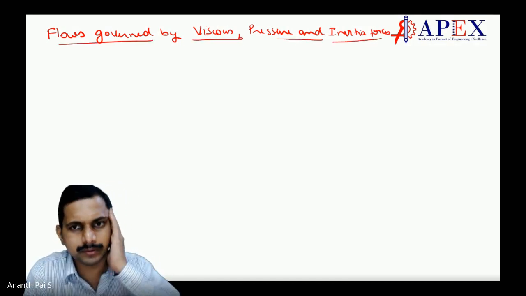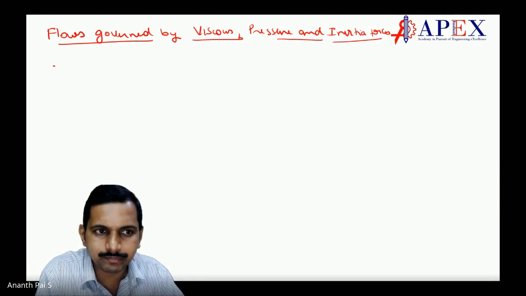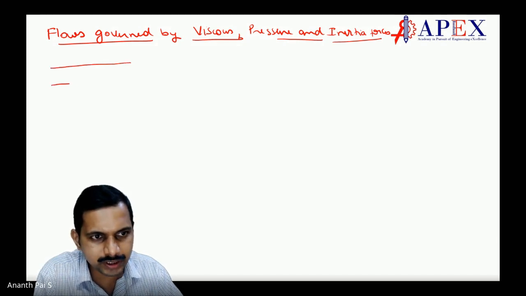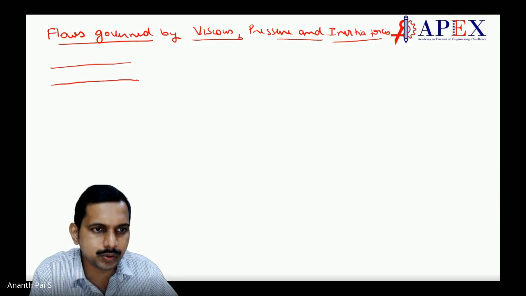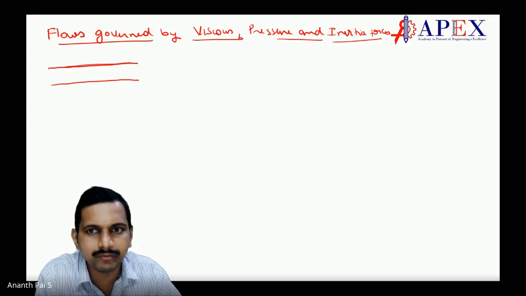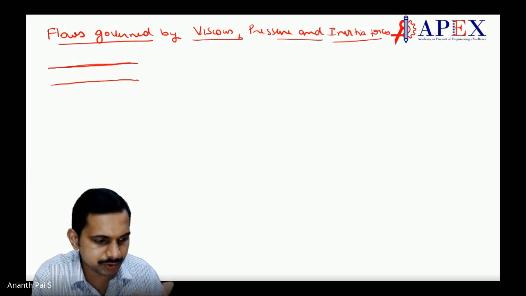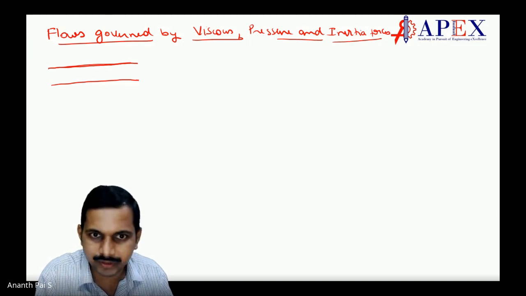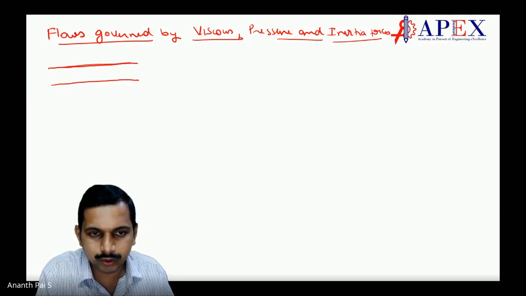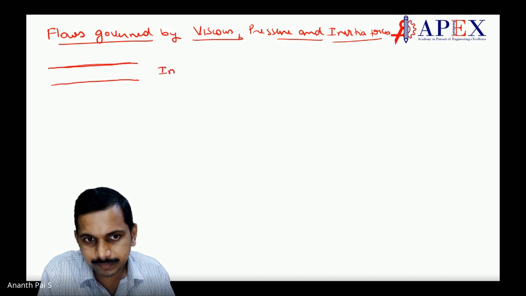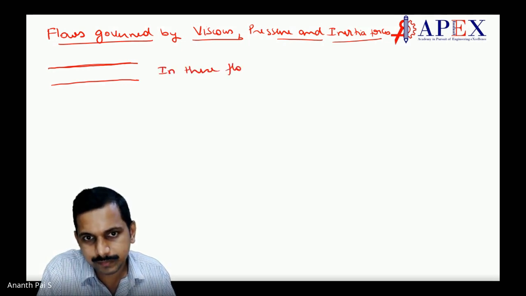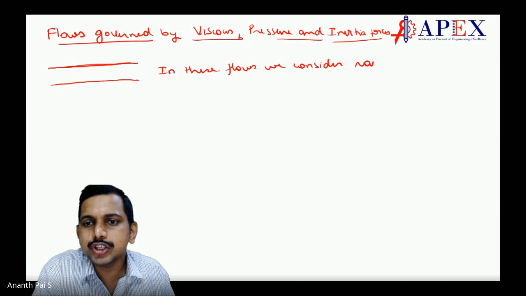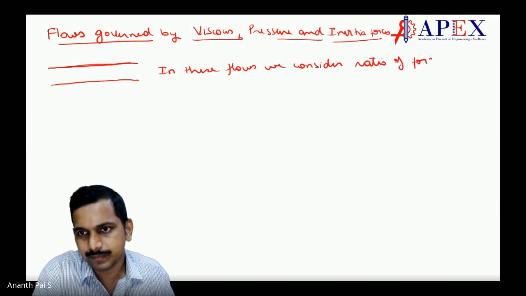Can you give me an example of this, students? It is a pipe flow only, correct? A pipe flow, horizontal, without gravity to be considered. Gravity, if it is there, is coming inside the pressure only. So what is happening in a pipe flow? You have viscous forces, pressure forces, and inertia forces. These three into consideration. Then you have some ratios we can take of this. In these flows, we consider ratio of forces.